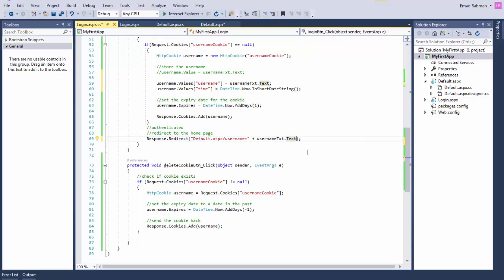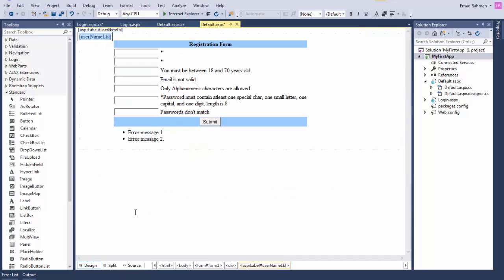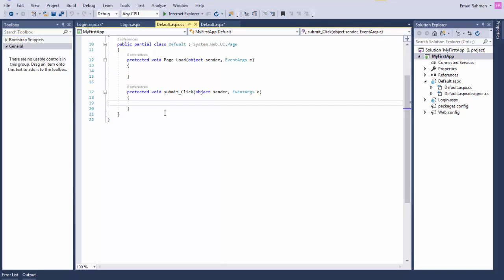Now to access the username, or to access the query string, we need to go to the second page, which is the default.aspx. What I did is simply added a label to the page at the top of the table, and this is the username LBL. I would like to display the username here in this page. So to do so, we can go to the code, and when we open the page, I would like to display the